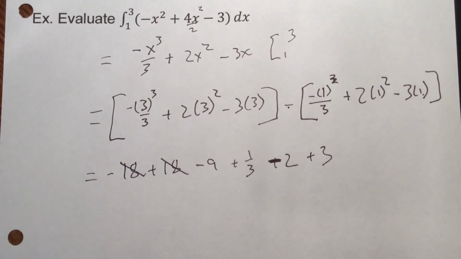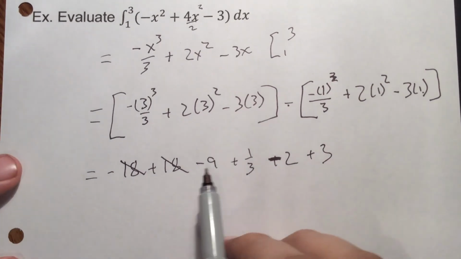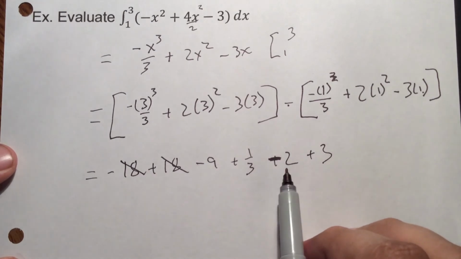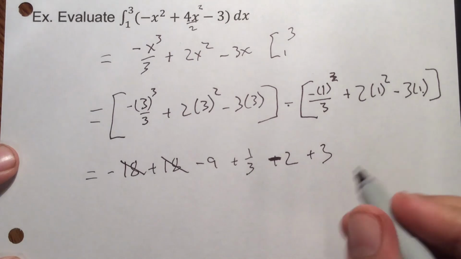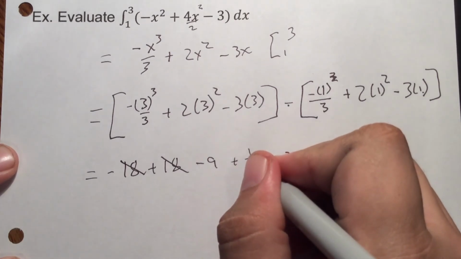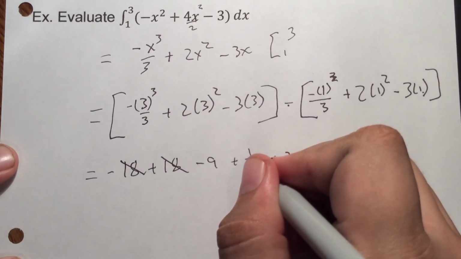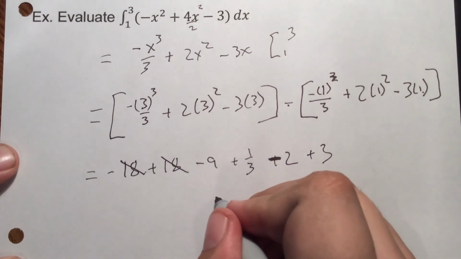So, simplify from there. Negative 9 minus 2 would be negative 11. Plus 3 would put you at 8. And then 1/3 there, 2, would end up with